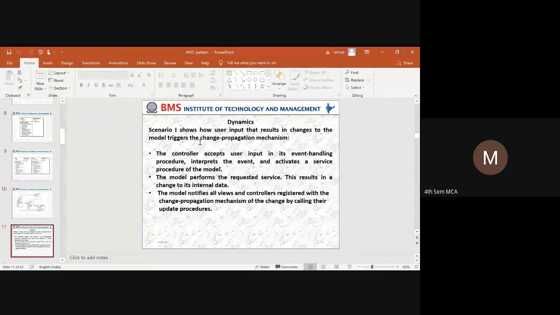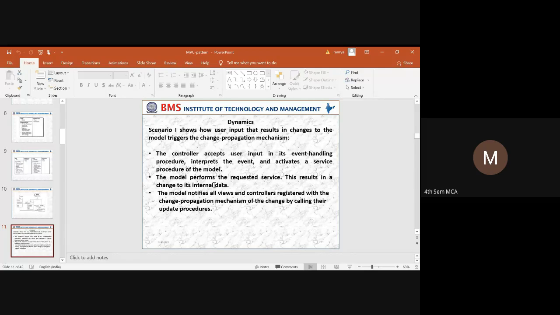In the first scenario, we are going to consider how the user input results in changes. The first step is the controller accepts the user input, and by using the event handling procedure, it interprets the event and activates the service.